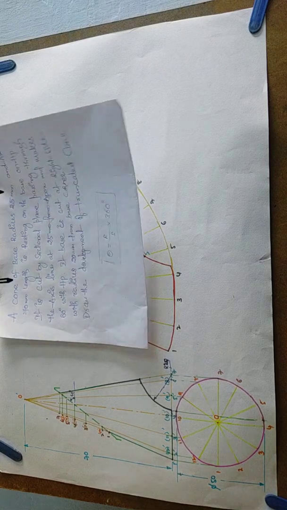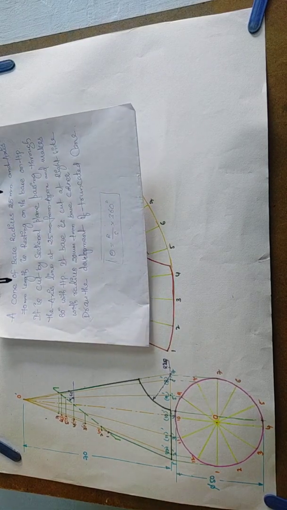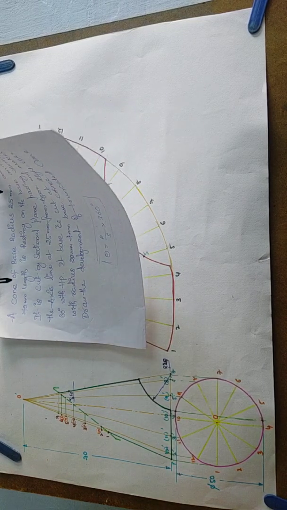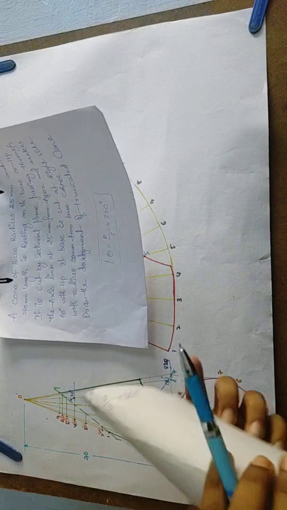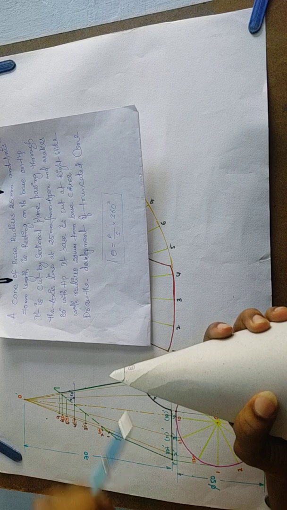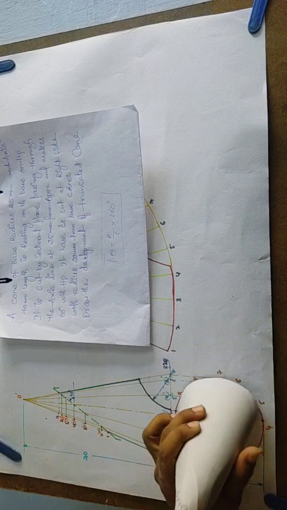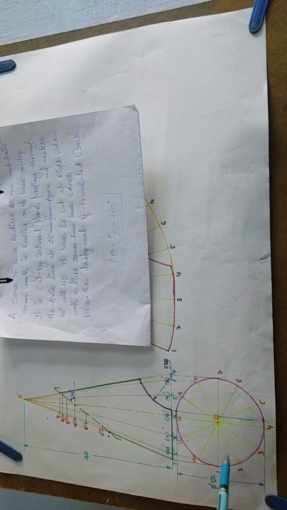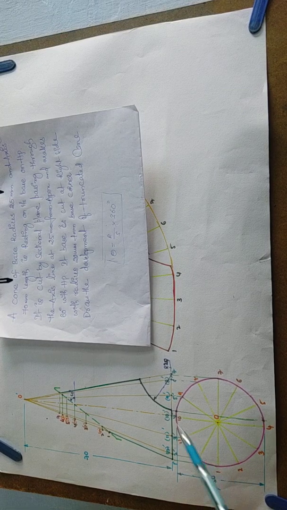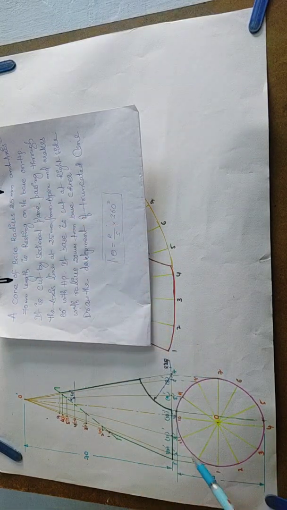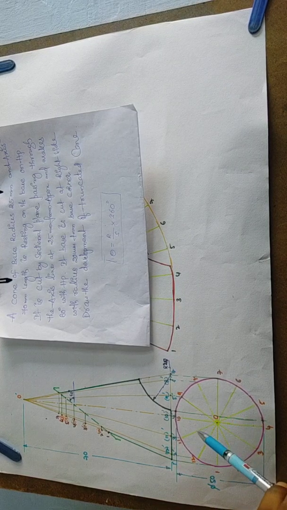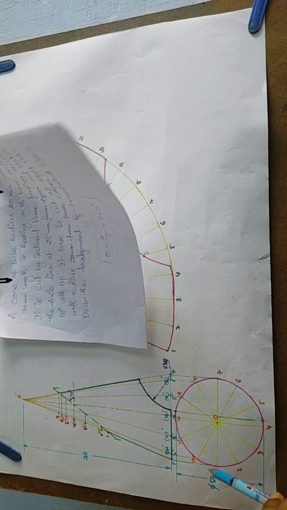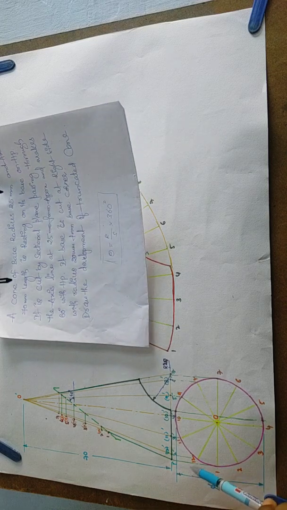So based on that question, you can draw the following steps. Always the top view is to be drawn first, and in the top view you will get the circular shape. When you are seeing from the top view of this cone, you will get only a circular shape. So we have to draw that here first. A circular shape with the given radius. The radius given is 25 mm. With that radius we draw the circle, and from this you have to project the points towards the front view.